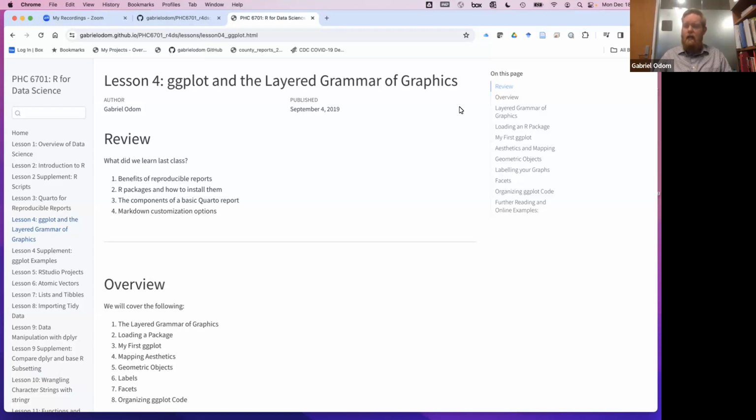So it's a good idea to get that under your belt regardless, but it's especially useful here because we're going to be using it to write our reports, write our homework, and turn in projects for this class. So that said, we want to get into